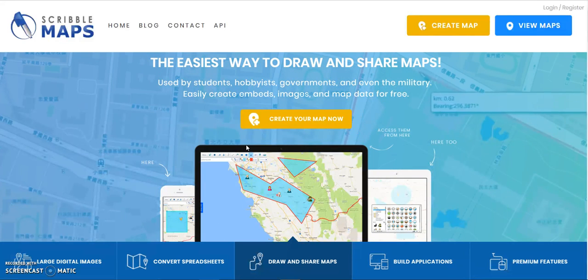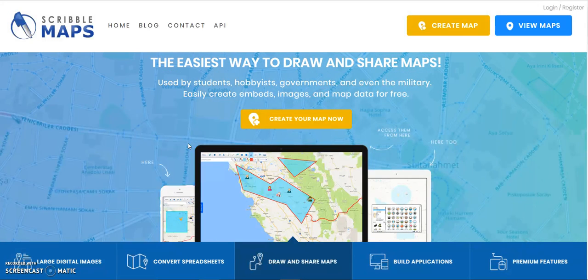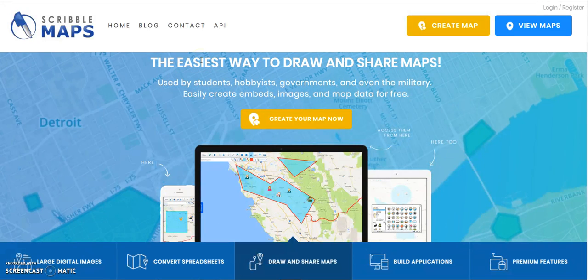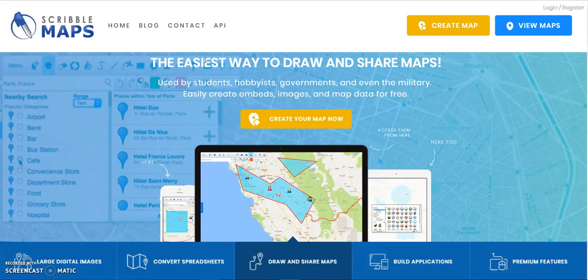This web-based tool is one of my personal favorites, being that I'm a social studies teacher, so I deal with some of this content pretty much every day. And this content is maps, and the tool is called Scribble Maps. If you are looking at the page right now, it's just scribblemaps.com, and Scribble Maps is a really cool online map tool. It uses Google Maps, and you can just do some really creative drawing, some really unique, really